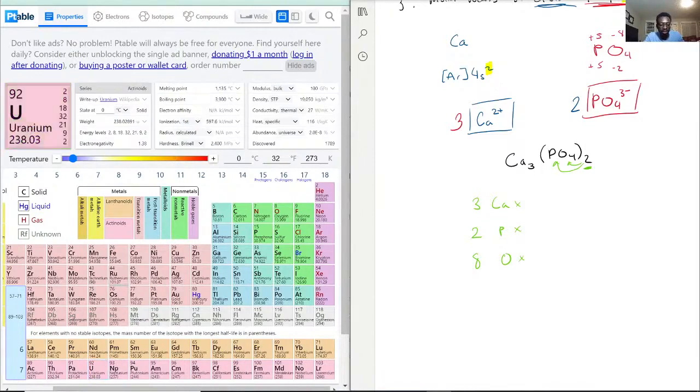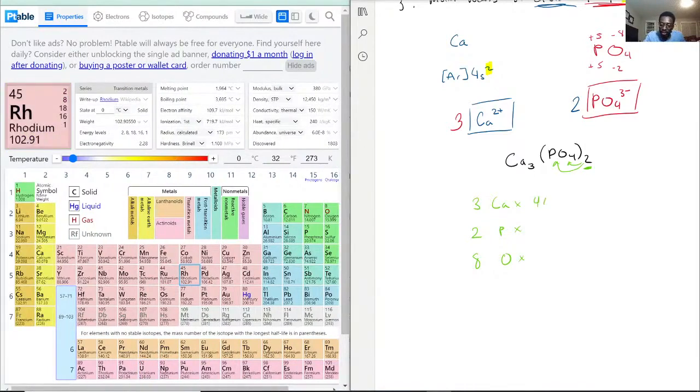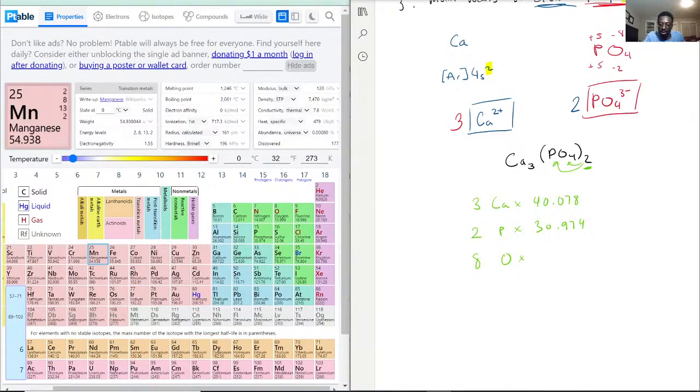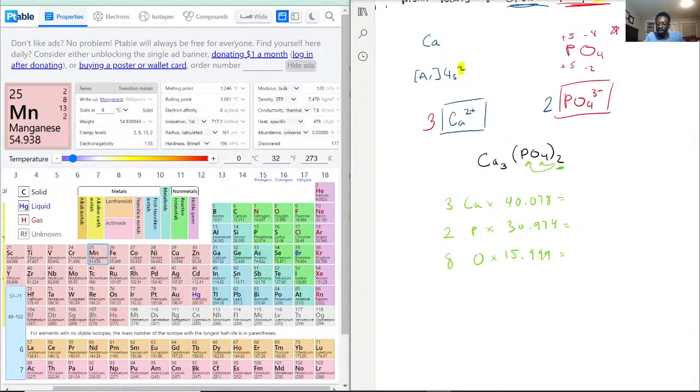Now calcium is 40.078. Phosphorus is 30.974, and oxygen all the way over here is 15.999. Now we have to multiply those all together and then add them after. So 40.078 times 3 is 120.234, and then